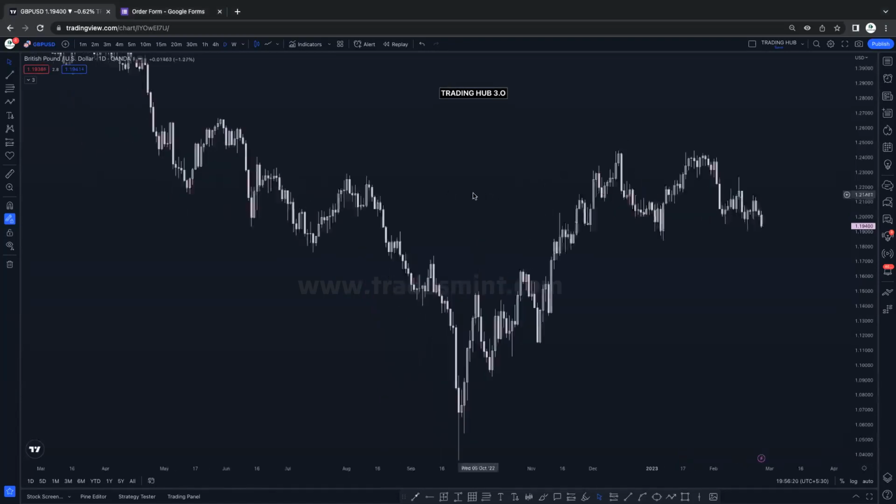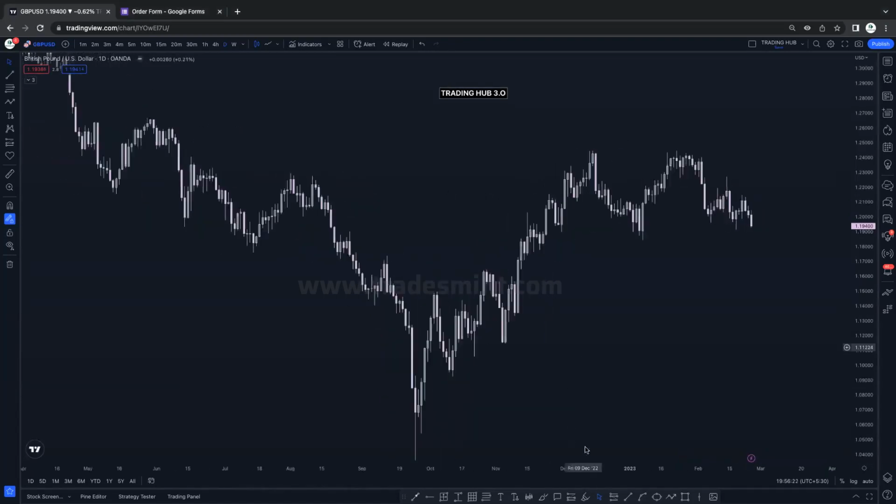Right now, what is happening here, as you can see, the market created an equal high at this point. And when the market creates an equal high, we can see that after taking out the inducement we are looking for the buy. So in this situation, where is the inducement? As you know, this was our inducement, and after taking out the inducement we are probably looking for the buy,